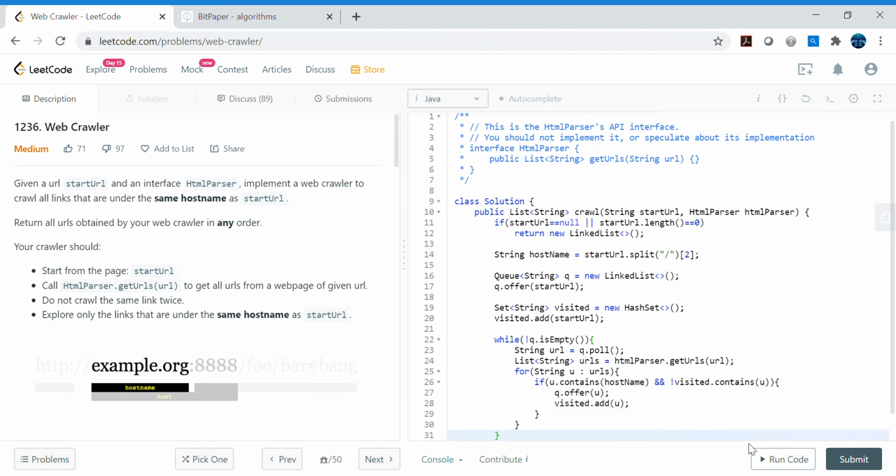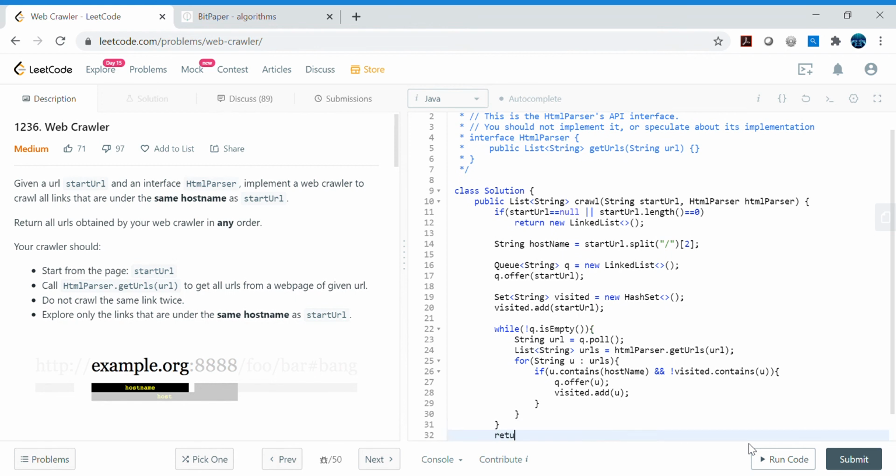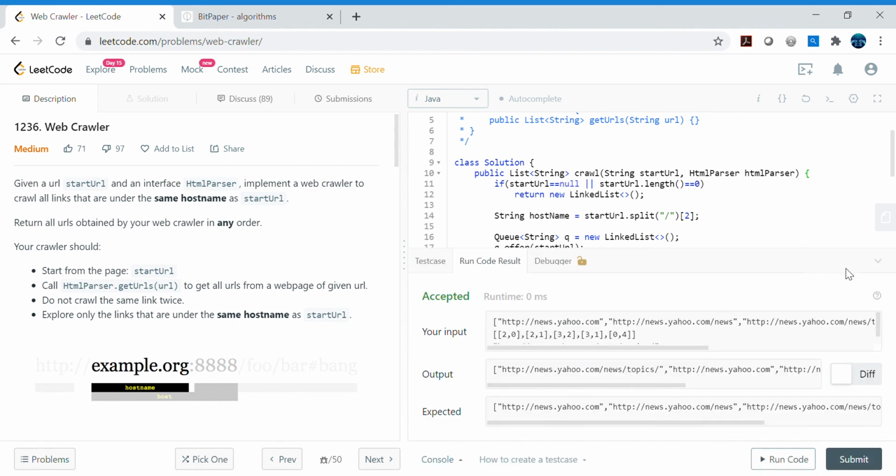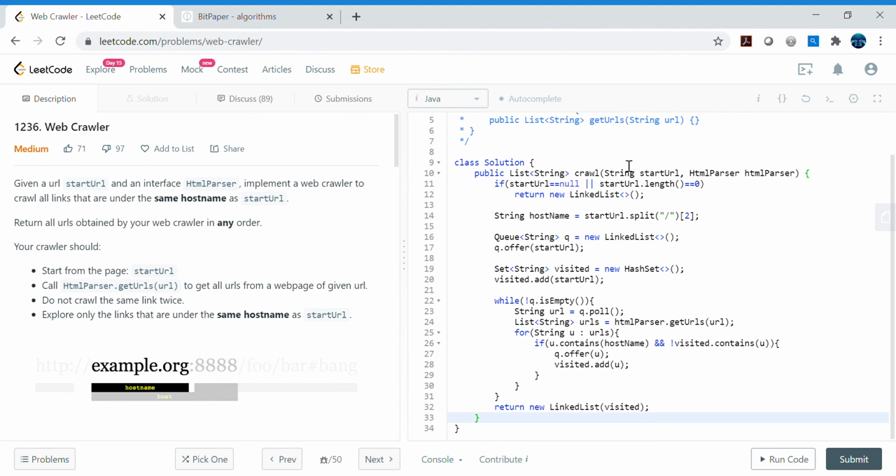Okay, once we are done, let's return the visited in our output. Because the output is a list, we are wrapping this set into a list. So that's what we are doing. Let's quickly check for compilation errors. I think it's compiling fine.